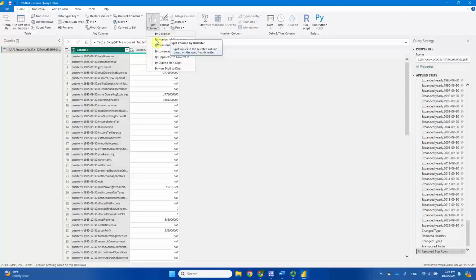Notice here, following this quarterly, there's a period. After the period, this is the date. Then there's another period, followed by the accounting item. So if we want to separate those 3 pieces of information, we can utilize this period as a delimiter. So we'll click on By Delimiter,